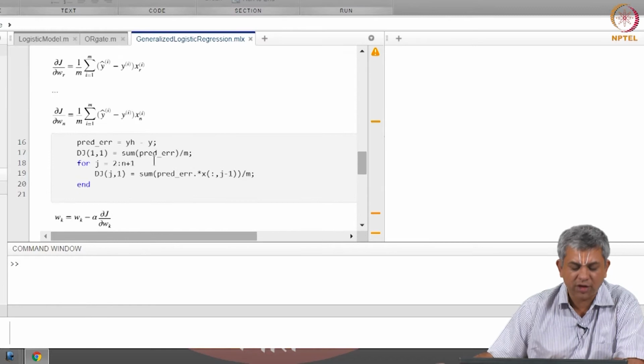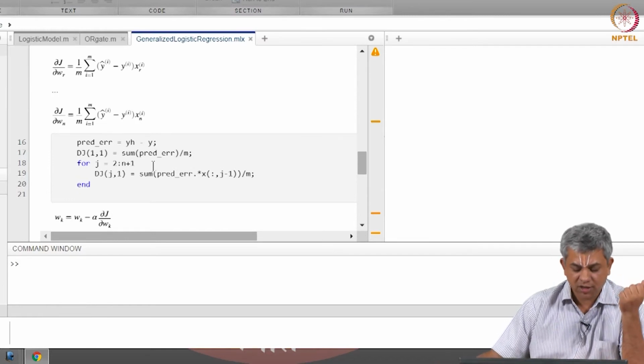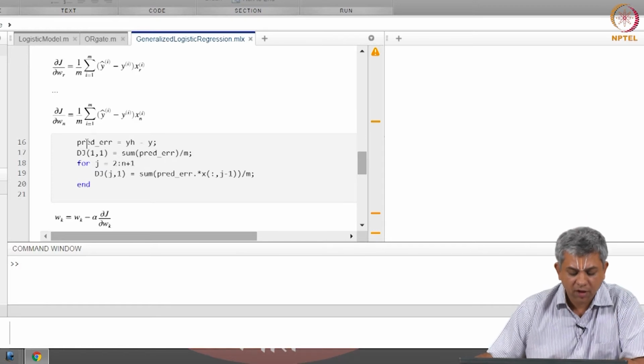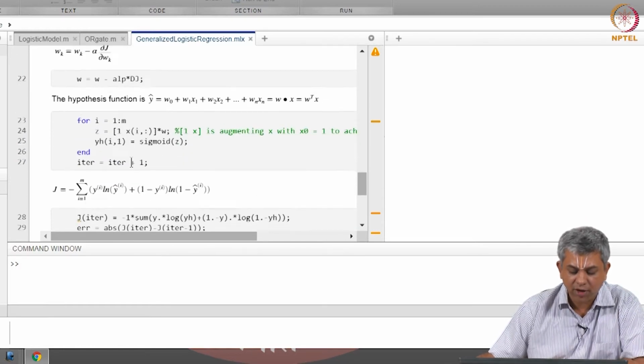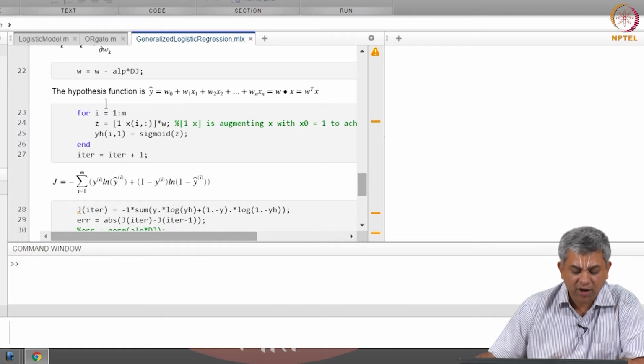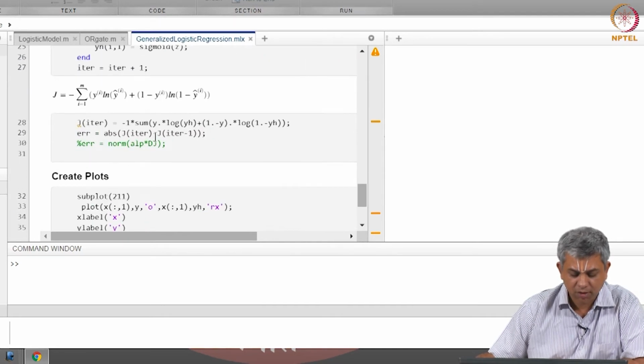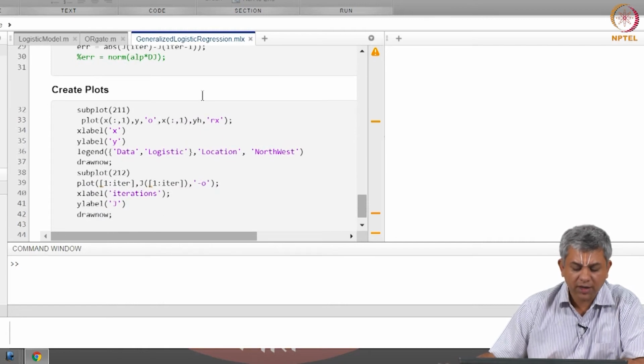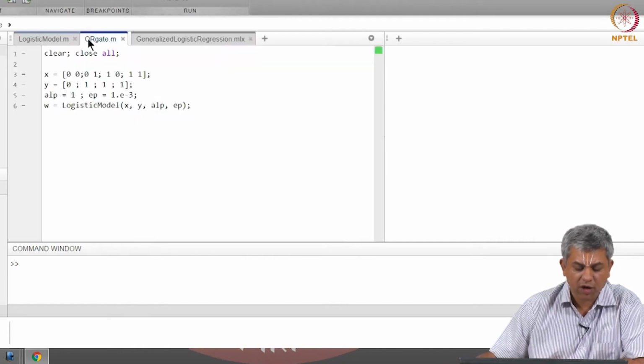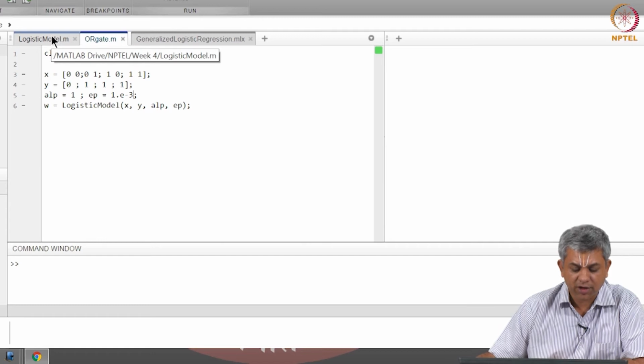I have chosen to include it just so that I could use the same code. This is just a lazy man solution. If you wish, you can remove the m. Otherwise, the gradient term is calculated in exactly the same way, and finally, we calculate the loss once again based on the sigmoid. So, let us run this code for the OR gate and see what it gives.